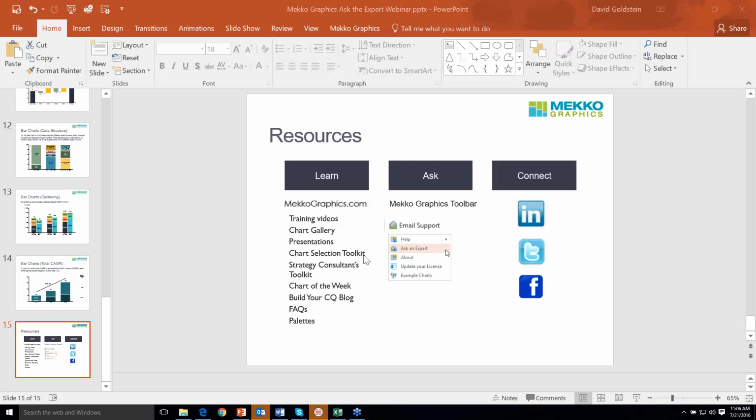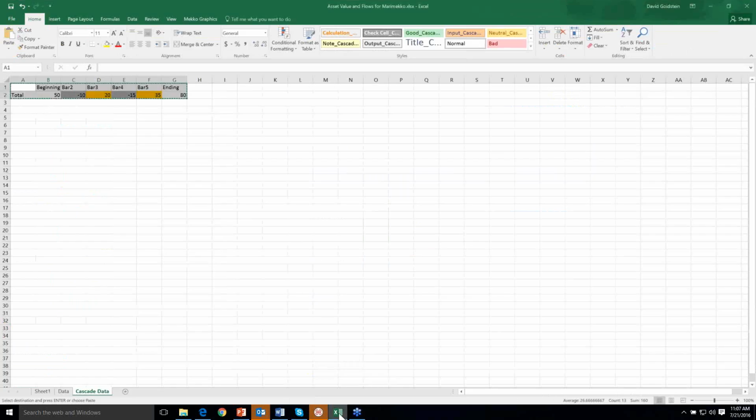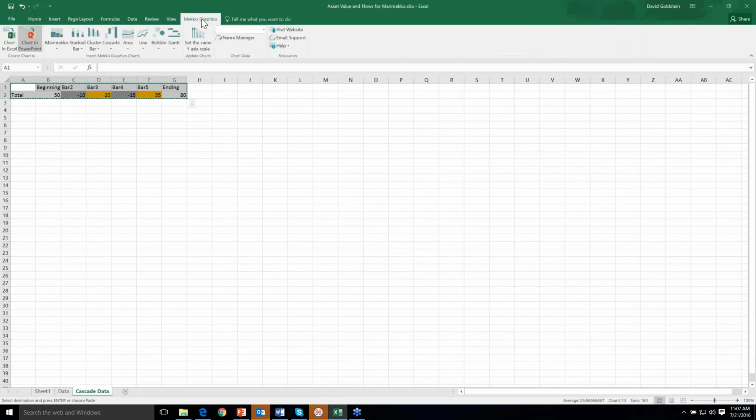Okay. Is there a way to link data from Excel into Mekko so I don't have to copy the data in it, but link so that the numbers can update? Yes. So the answer to that, assuming you are using the Windows version of Mekko Graphics rather than the Mac version of Mekko Graphics. If you are using the Windows version, there is a Mekko Graphics tab in